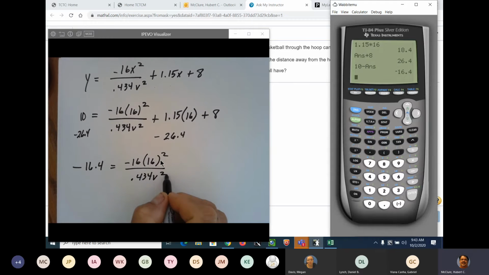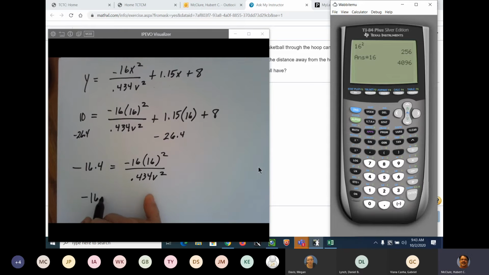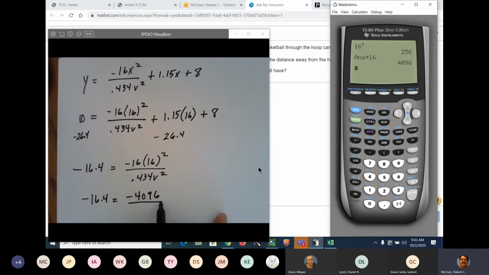0.434 v squared. Well, I'm going to clean this up a little bit. 16 squared, we already know that's 256, times 16. We know that's going to be negative. So negative 16.4 equals negative 4096 divided by